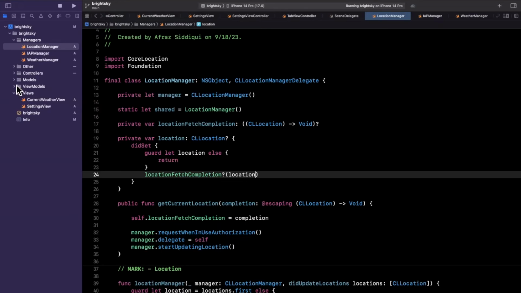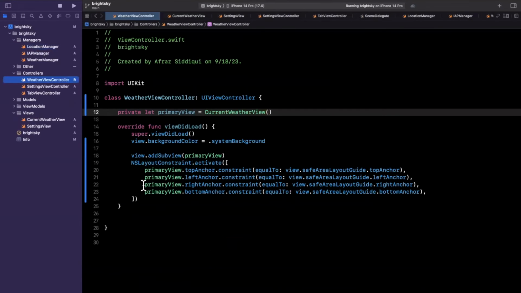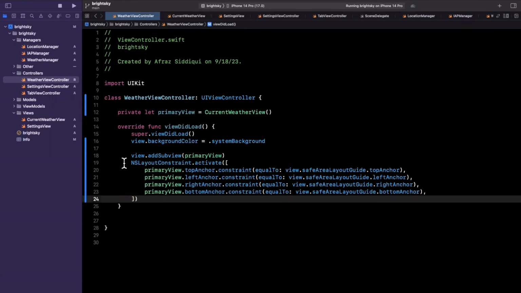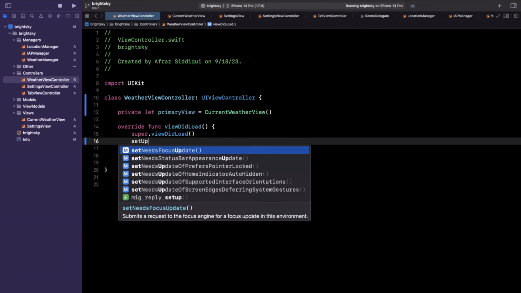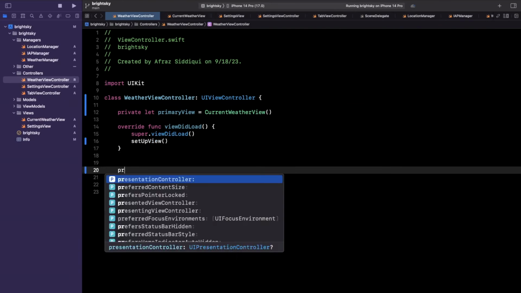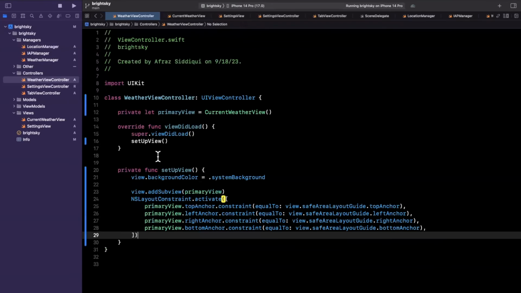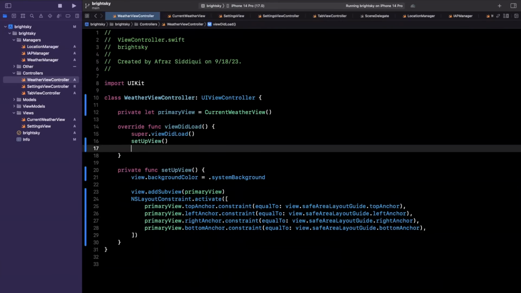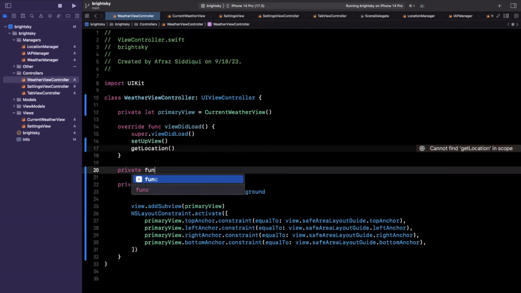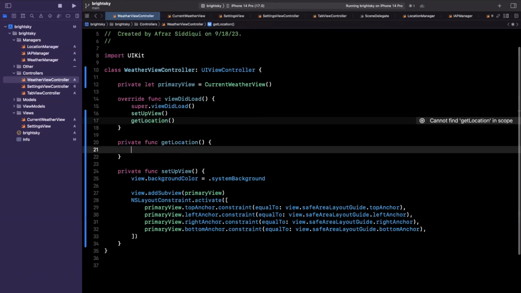So let's jump into our controller, specifically the weather view controller, and let's create a place to call the location fetching code in here. So here we're setting up our view. Let's actually pull this out into another function called setup view. That way we don't keep dumping stuff into viewDidLoad, which can undoubtedly get pretty messy. And here we can say get location, and getLocation is going to be another function